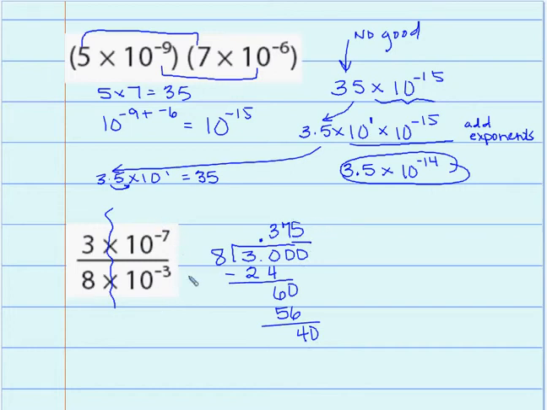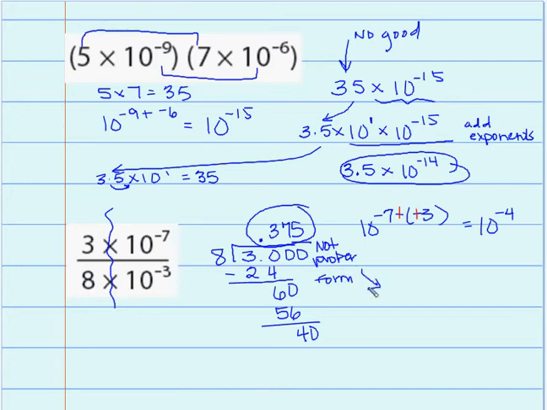Okay, deal with the negative powers, so it's 10 to the negative 7 minus a negative 3. There again, remember that we don't subtract a negative, we add the opposite. So we end up with 10 to the negative 4th power. But this is not proper form. We need to change that. It needs to be